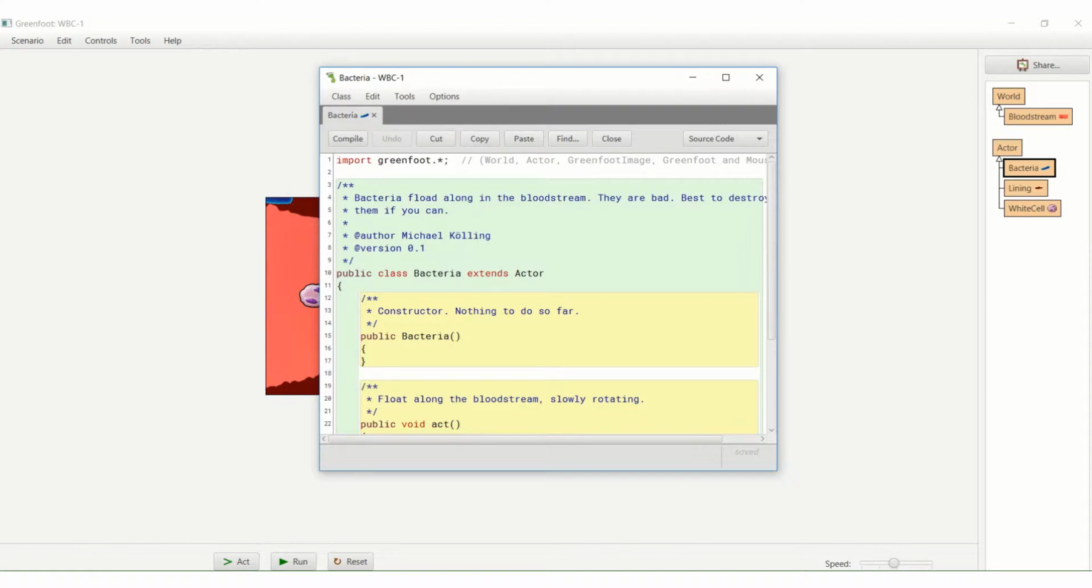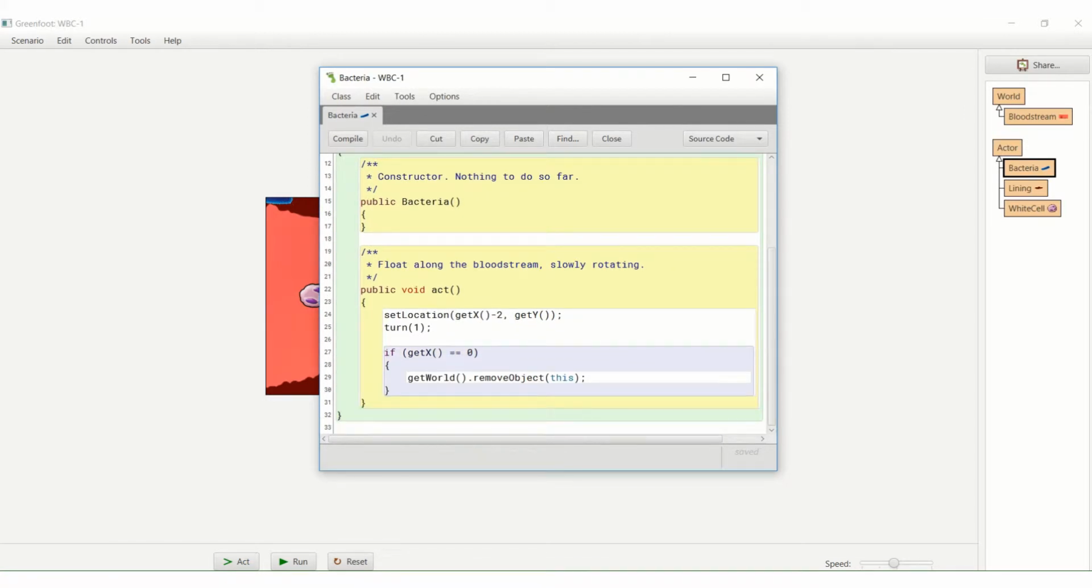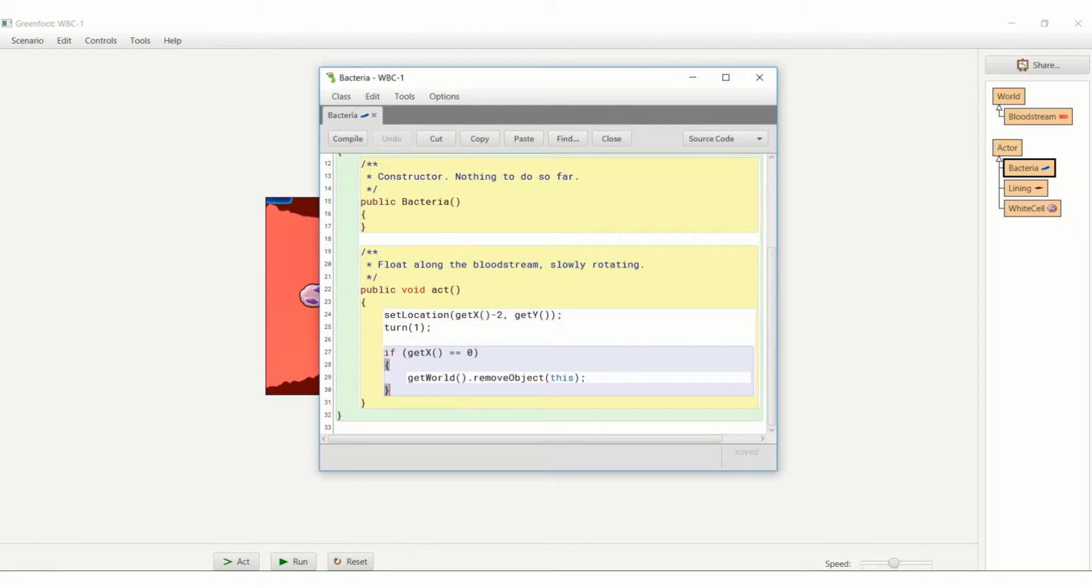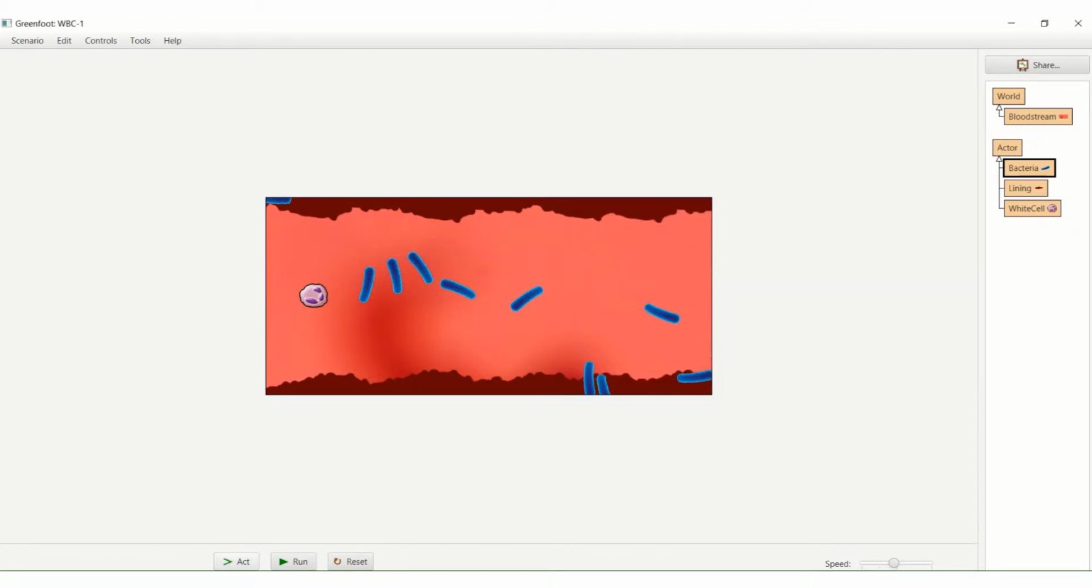Look at the code and try to work out what you think is happening here. Now for the first one right here, you're looking at the act method and you're in an actor class. You might wish to describe what you see here. Now this is the bacteria, and in the bacteria, when you run the act method,